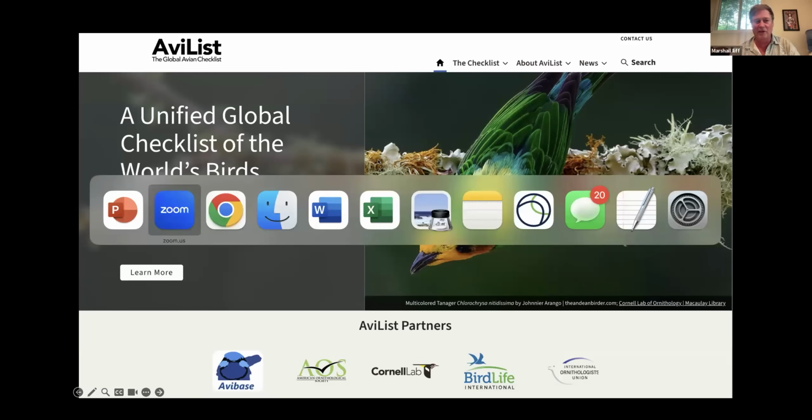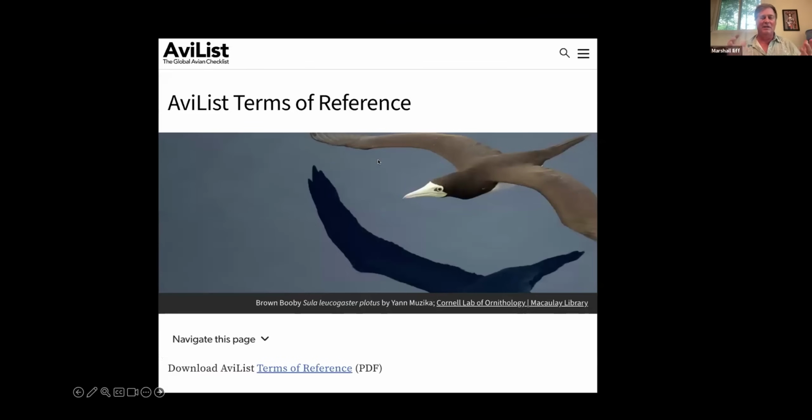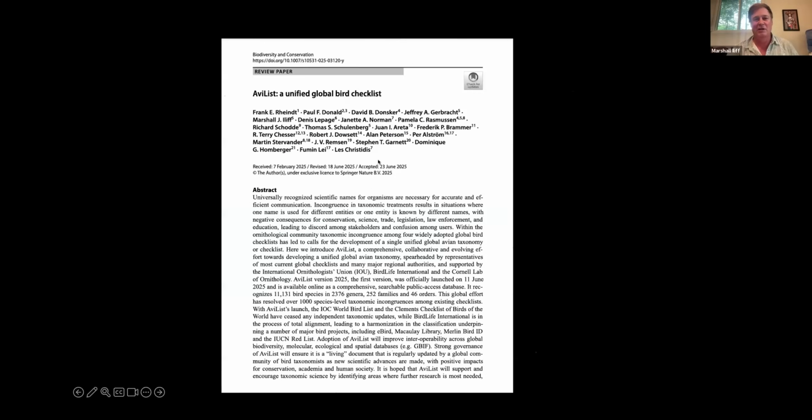Really important for that is governance and having a good terms of reference. So if you go to the website, you can see all the ways we're expecting to have this group operate: how the committees are formed, how we expect a structure of committees to feed into the overarching process, and also, very significant,